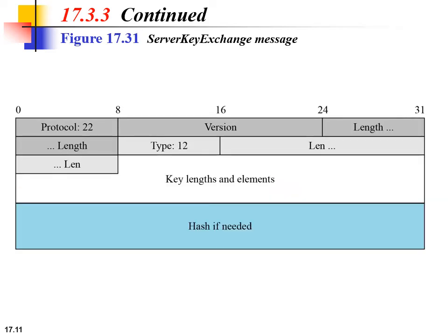Server key exchange message. The server key exchange message is sent from the server to the client. So this is the format, and the message contains the keys generated by the server, and the format of the message is dependent on the cipher suite selected in the previous message. The client that receives the message needs to interpret the message according to the previous information. If the server has sent a certificate message, then the message also contains a signed parameter.